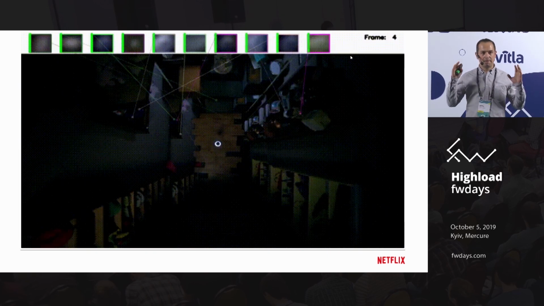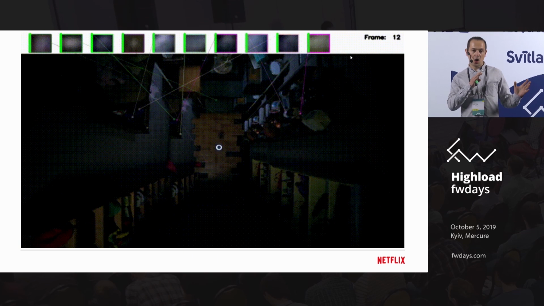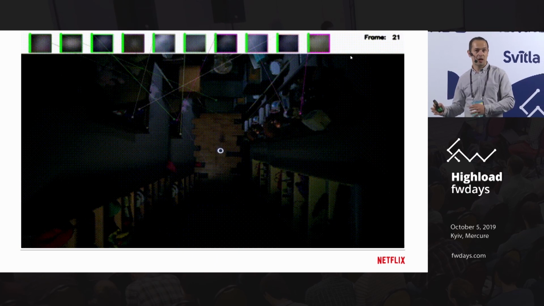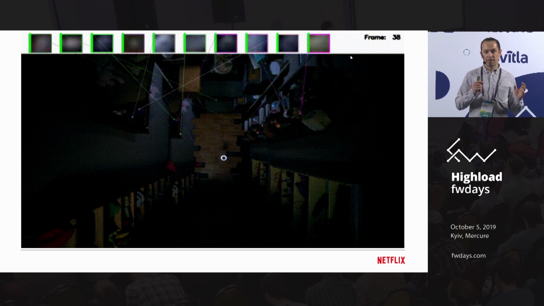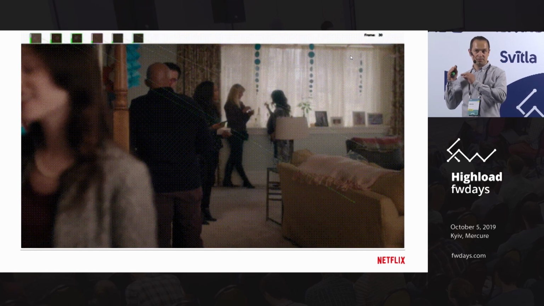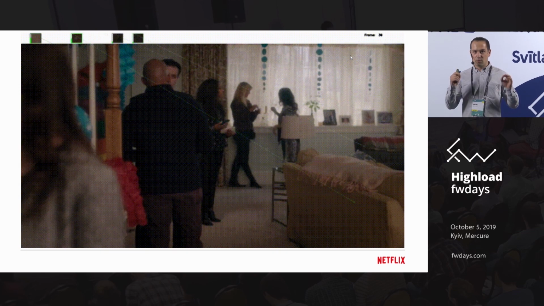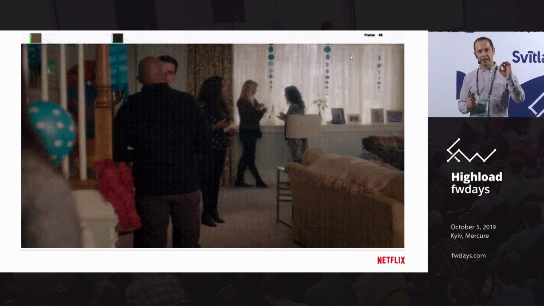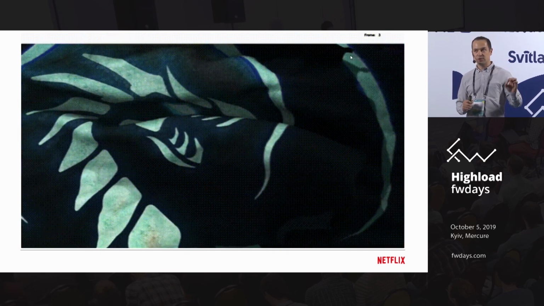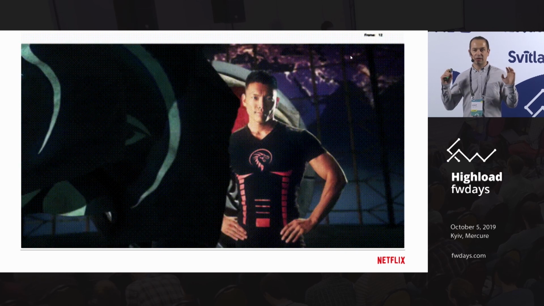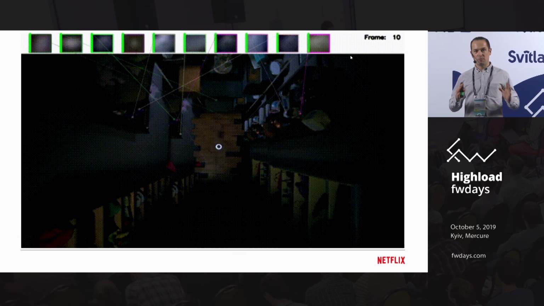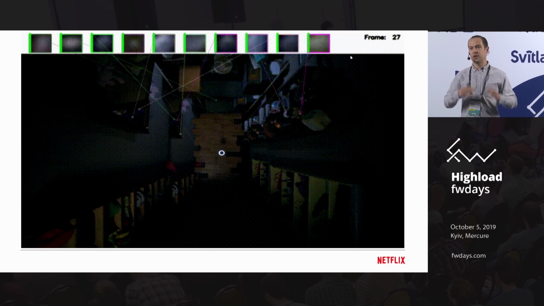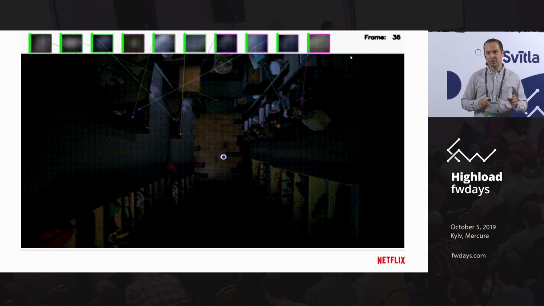You see, the movies are being shot on cameras, and cameras are physical objects. And physical objects have physical defects, like there could be dust. There could be just physical damage, which means that you'll get a point that doesn't carry any visual information. And the worst thing about that is that the more you encode the movie, the more that thing grows. It just stays there all the time. It's like a cancer of video encoding. So you need to know about them, preferably sooner rather than later.